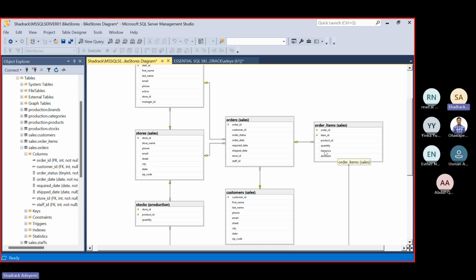So list price, right? We're interested in list price information from the order items table, and we're interested in the date information from the other sales table. So going back, I can see the relationship between them is the order ID.